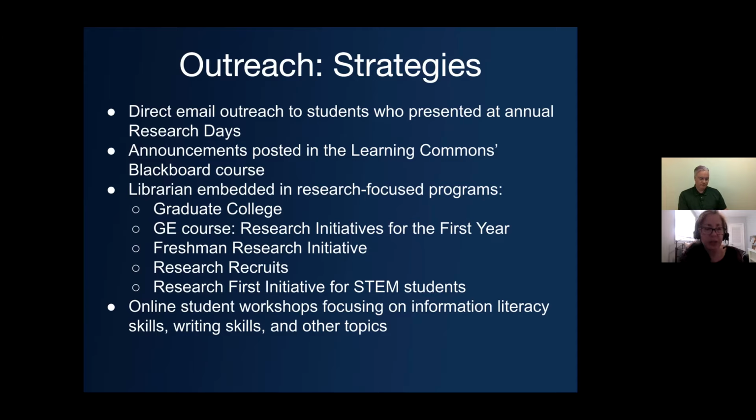We've also focused on making announcements and posting content in the Learning Commons' own non-credit bearing Blackboard course, which is essentially an information literacy module that is available to all Kean students and all faculty members through their own Blackboard accounts. We also have an embedded librarian charged with reaching out via information packets and other means to units directly